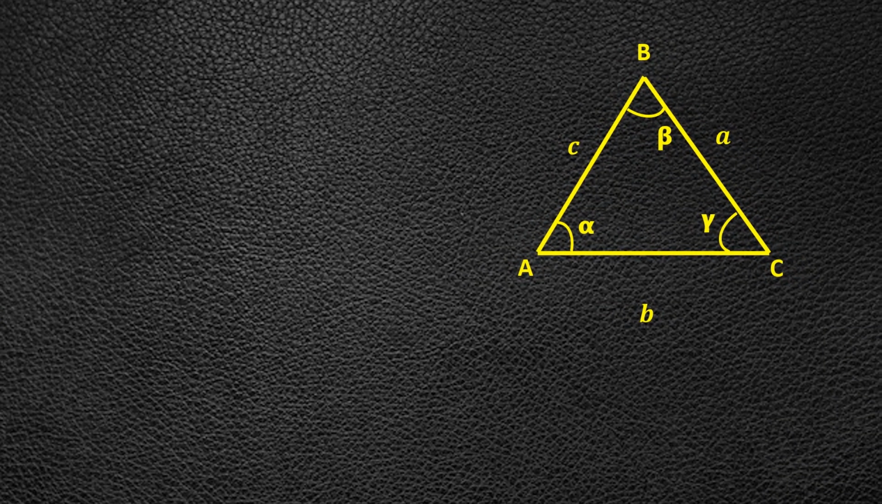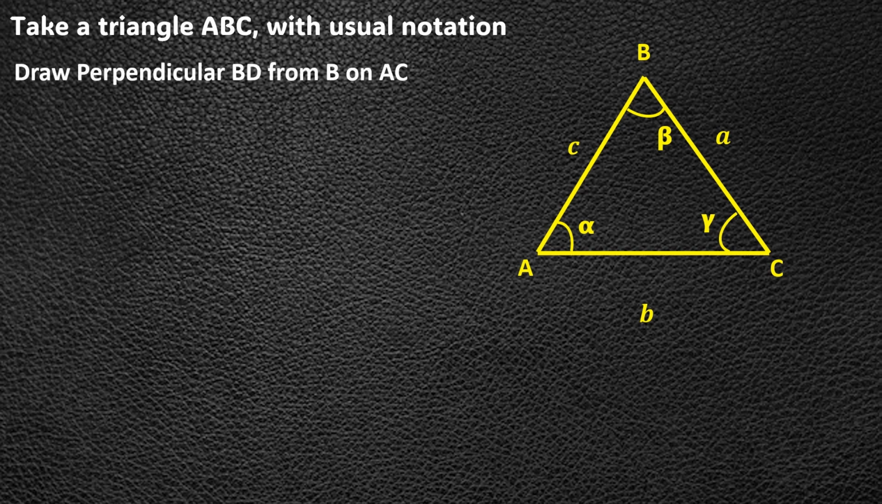Now we prove the law of sines. We take a triangle ABC with usual notation as shown in the figure. We draw a perpendicular BD from B on AC such that the length of perpendicular BD is equal to h. Now as we can see, this perpendicular has divided the triangle ABC into right triangles. The right triangles are ABD and